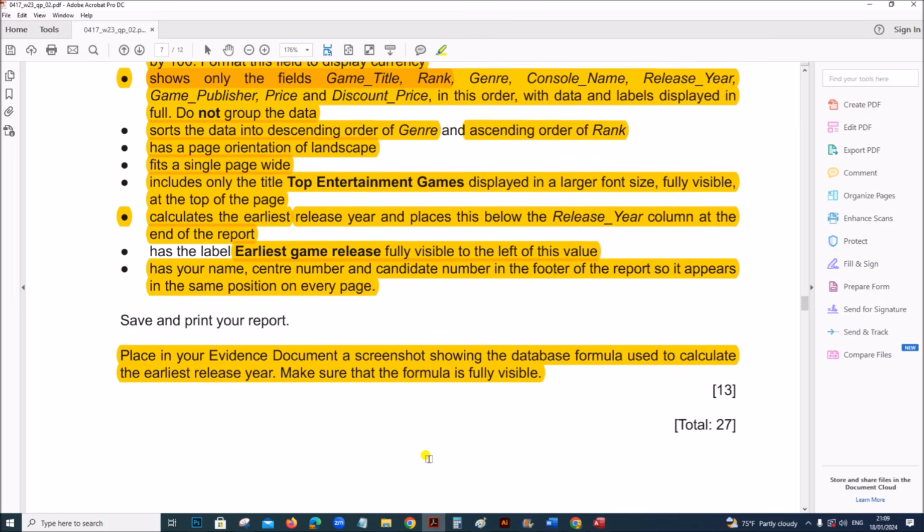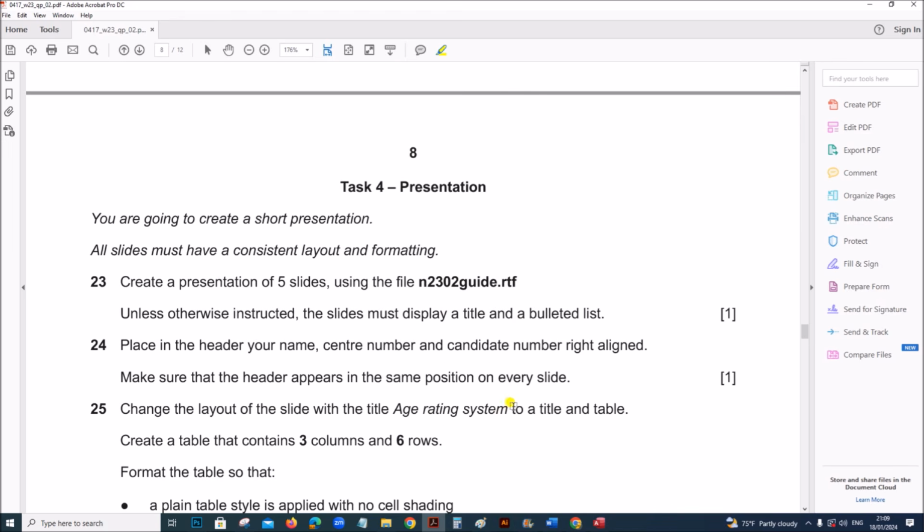So this is the end of the database task. Next is the presentation, which will be